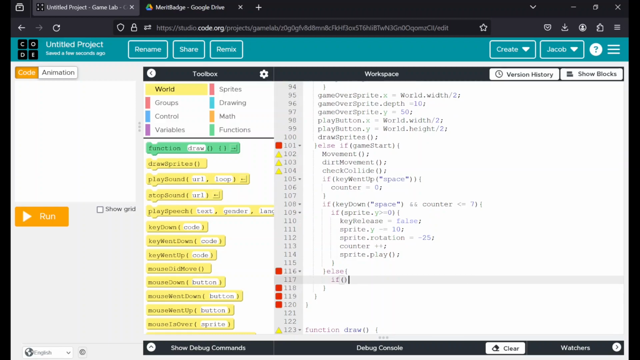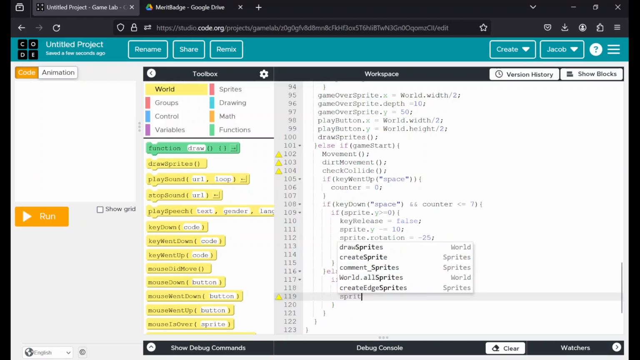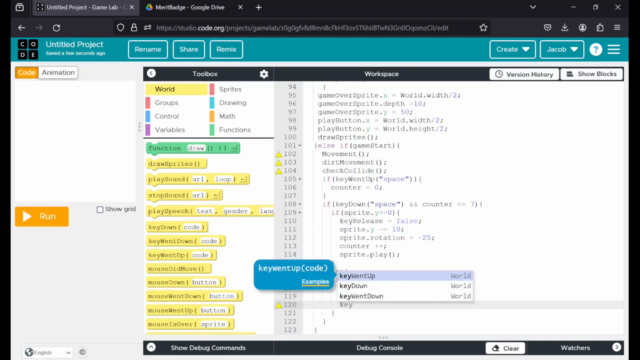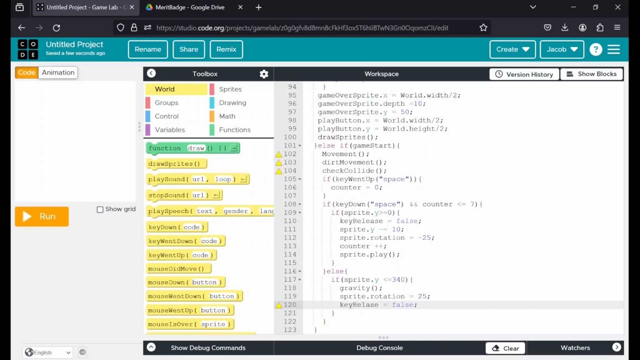So we'll say if sprite.y is less than or equal to 340, then we want to call gravity. We'll call sprite.rotation to equal 25, rotating them downward. And then we'll say key release equals false. We'll do sprite.pause. Then from here,